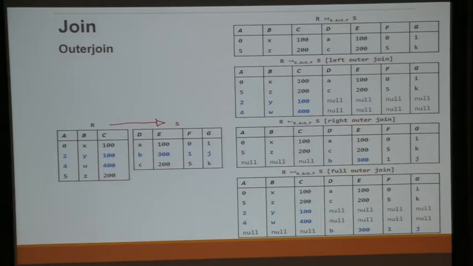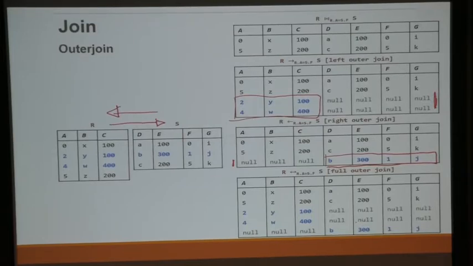The right outer join is an arrow from right to left. You keep the dangling tuple on the right table, and for all the values in the left table, it becomes null. Okay, so that's what you get. So you keep this dangling tuple, this value will become null. For the right outer join, you keep this dangling tuple, this part is null. The full outer join preserves all the dangling tuples.